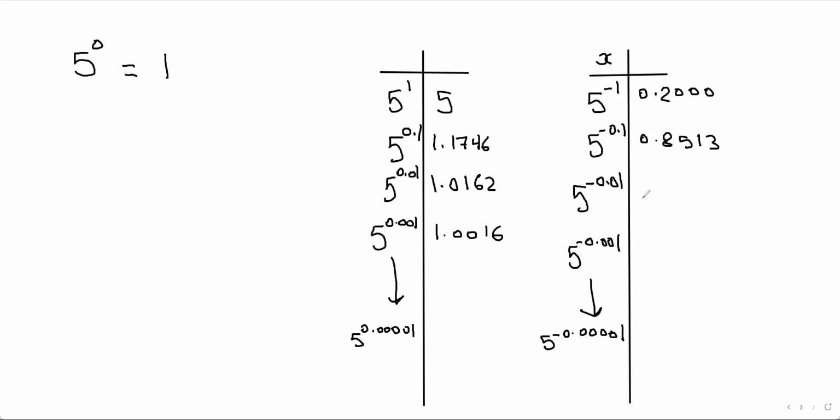That gave me 0.9840. How about 5 to the -0.001? That gave me 0.9984. So what we notice, as the exponent gets closer to 0, on this side we're getting closer to 1,